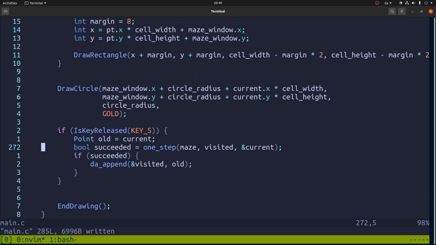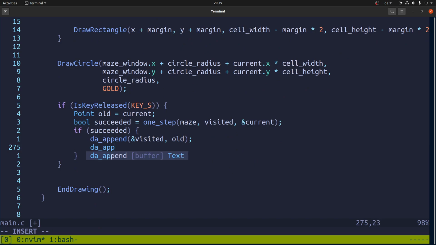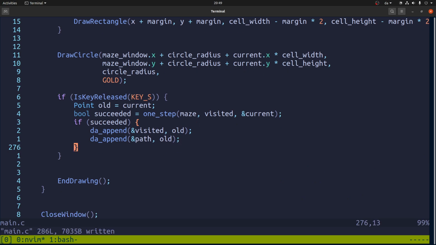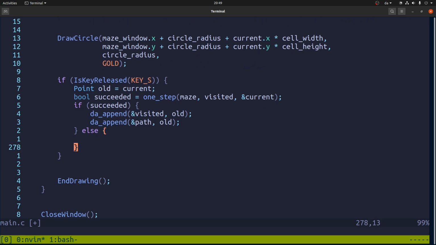So I think it makes sense to do a little bit of an append here, and we'll append the old one. Then, if we don't succeed, let me think. Yeah, so if we don't succeed,